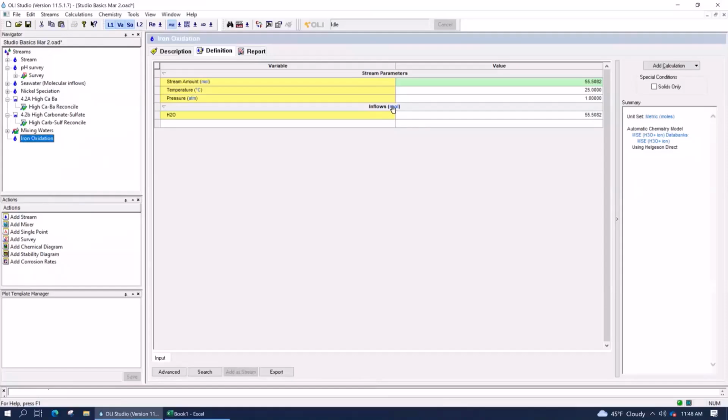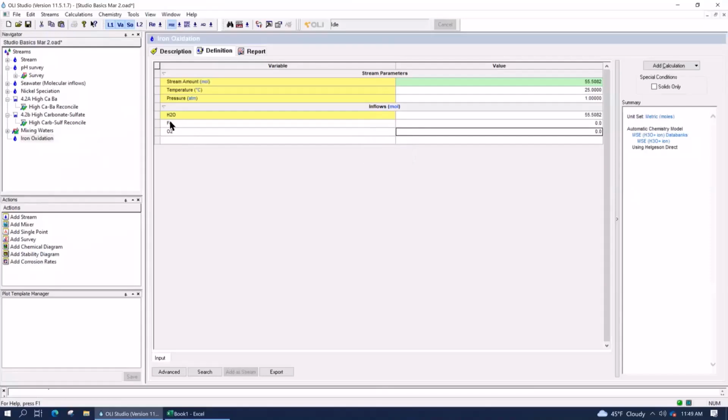It's not the perfect way. The perfect way is to use oxidation states, right? How many electrons can be given or taken away? But we're going to have to live with this. Type in Fe. When you type in Fe, essentially you're adding elemental iron to the system. And then add O2 below it, right?